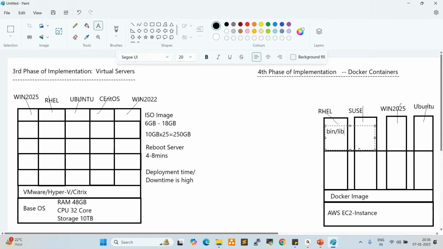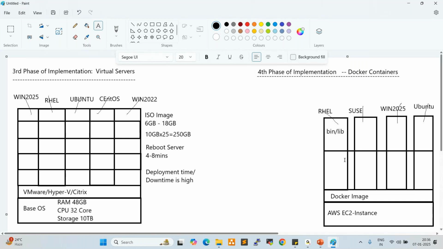So instead of deploying onto target servers, we use Docker containers in their place. Currently, most project teams are using Docker containers to deploy applications. For example, applications like Flipkart, Amazon shopping site, Myntra, Meesho are all deployed on Docker containers. That is why, when we raise any request, it is processed very fast.